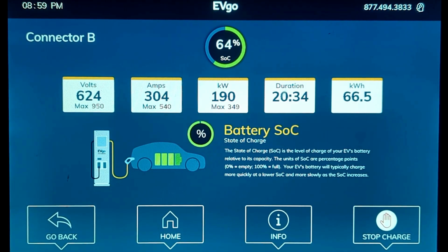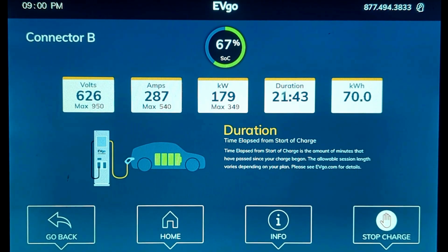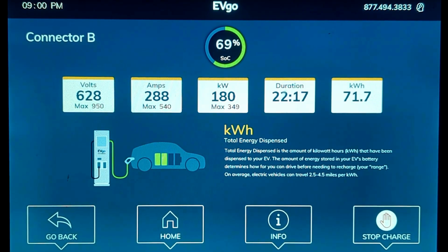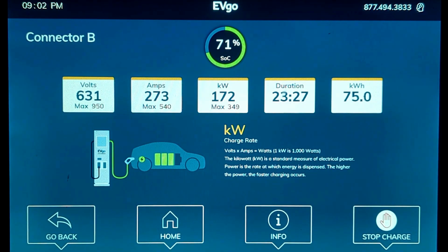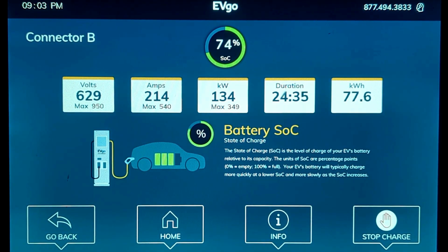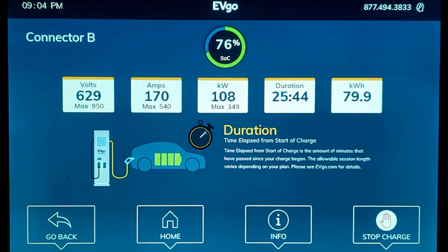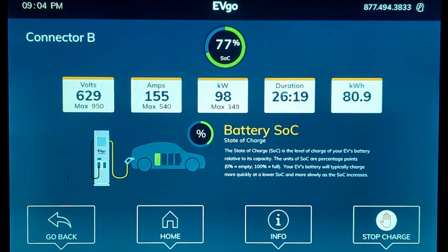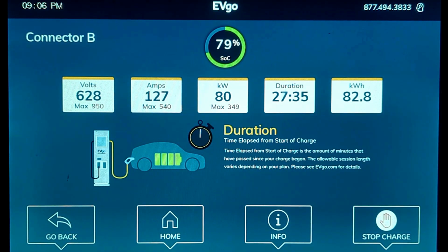But by now, the EV9 has begun to slowly lower the power intake, and it's only accepting about 171 kilowatts. I say only. I would take that in a heartbeat on either my Lightning or my Chevrolet Equinox. I'd take 171 kilowatts at 70% state of charge in a heartbeat. Anyway, so it takes 5 more minutes to hit 80% state of charge, and by now I've been charging for